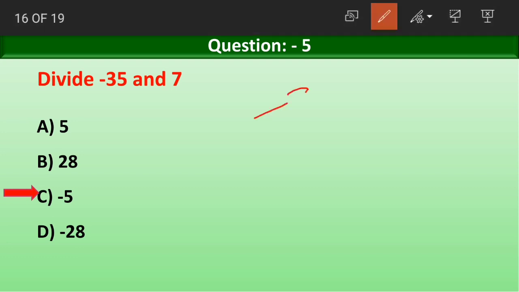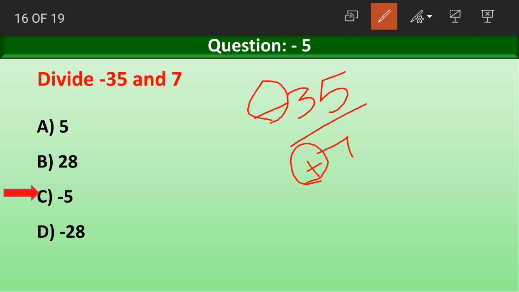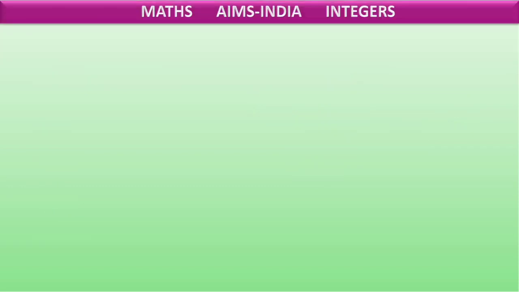How? If we write minus 35 divided by 7, first let us look at the signs. One is negative and the other is positive. When the signs are different, in case of multiplication and division, the result will be negative. And coming to the absolute values, we know that 7 fives are 35. So the answer is minus 5. Understood? As the signs of both the integers are different, the result has a negative sign.